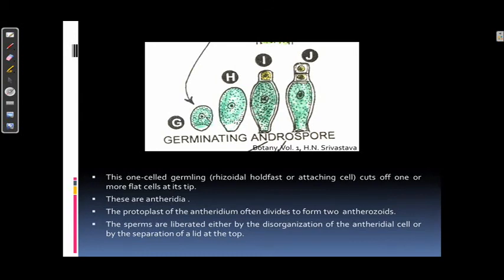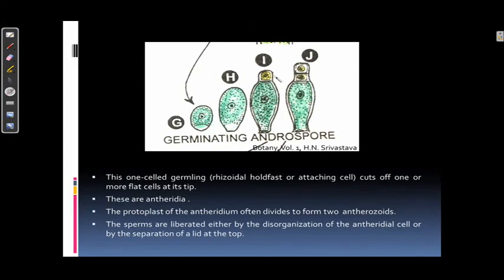What I said is, the androspore germinates on the female plant to form a single cell structure, which we are calling the attaching cell. This attaching cell now undergoes division to form one or more flat cells at their tip, and this cell now functions as antheridium, where